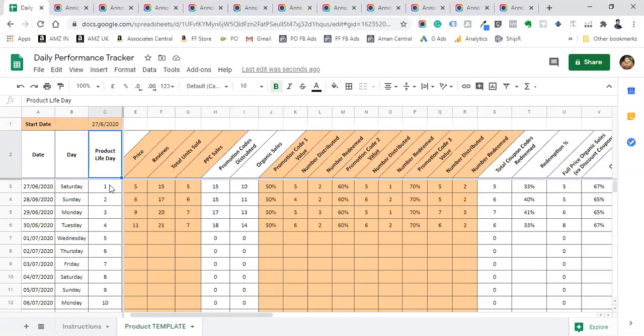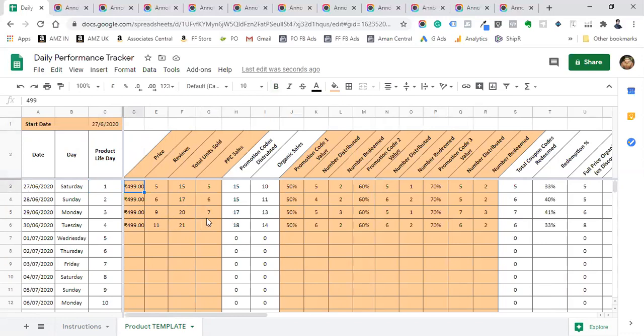I have punched in a few dummy numbers to show you an example of how to enter data here and what to look for. Suppose we are selling a product for 499. You can enter the product selling price. Here is the number of reviews on day 1, number of reviews on day 2. Every day you come in and enter the data for one day in advance. Suppose today's date is 1/7/2020, I will be entering data for 29th of 6th month.